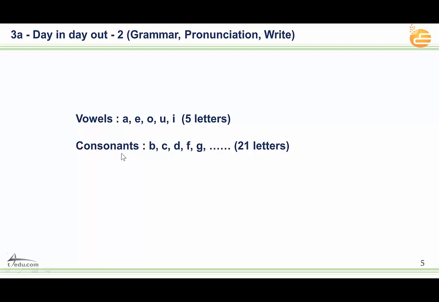But the consonants, 21 letters, all of the rest of the letters, okay? So, for example, A is a vowel, B consonant, C, D, F, E is a vowel, so F, G. So B, C, D, F, G, and so on until the end. We call them all consonants. Five vowels, and the rest are consonants. Okay? So this is the D. Can you see the D? Let's go back.